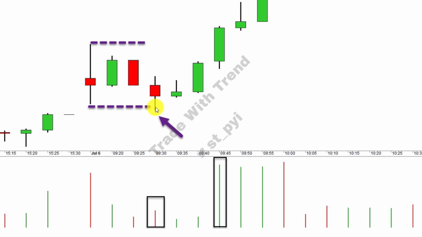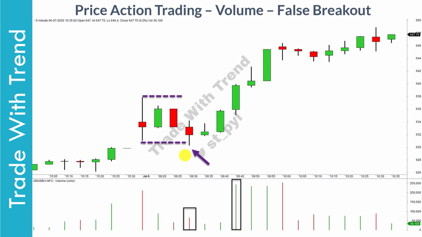Now had this candle been strong and wide in range and volume activity been like this, then let me tell you, avoid taking such structures. The main reason being that when I studied all the false trades that usually play out with opening range breakout, the one common element I found was that the breakout candle did not carry substantial volume.